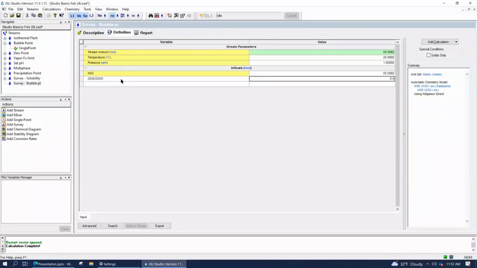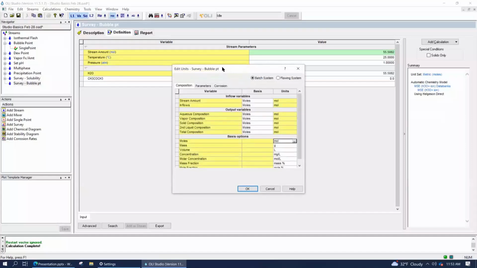So we have this new stream called survey bubble point. We haven't done anything yet, but now we're going to change our units, and we're going to do so in a simple way. Click on where it says inflows for moles, right there. That brings you right into the units editor. And there, I'm going to have you just do one change.